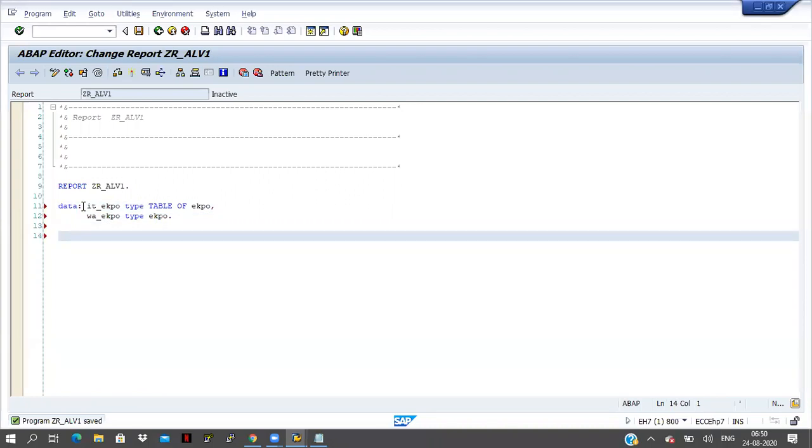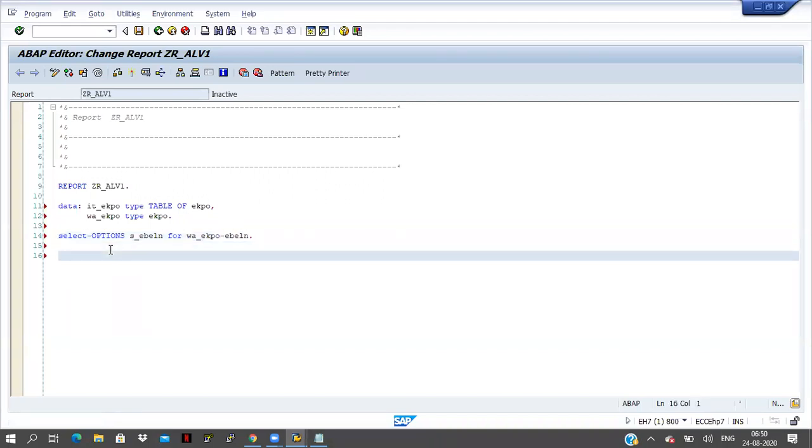I am declaring an internal table and work area by using the table name, so whatever fields are available in the EKPO table, all the fields will come into it. Now I will write one select option: s_ebeln for wa_ekpo-ebeln.